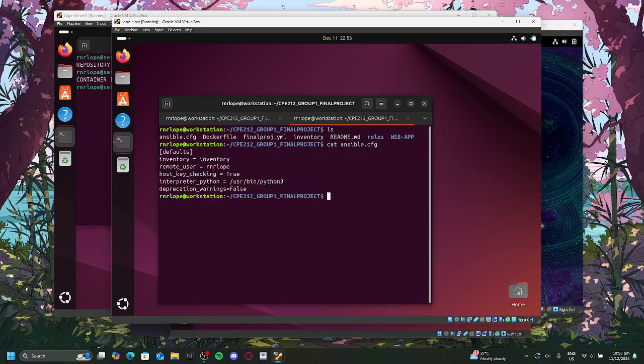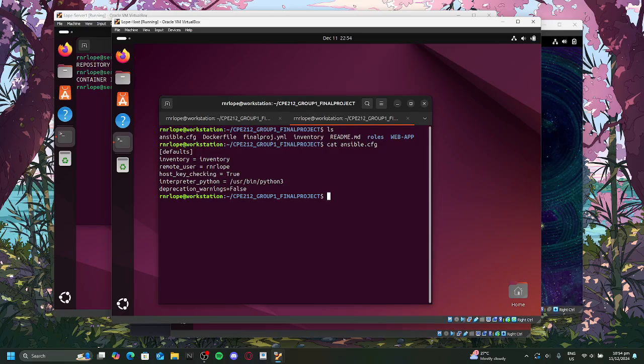Next, the inventory. I am the remote user, and my VMs are in our inventory. We also use the interpreter for Python 3, and we set the deprecation warnings to false so that it doesn't remind us again.